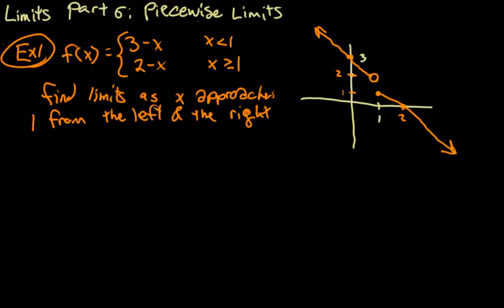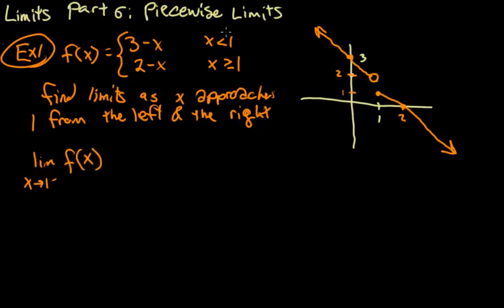Let's see. How can we do this? We know from x approaching 1 from the left would be right here. So the limit as x approaches 1 from the left of f of x